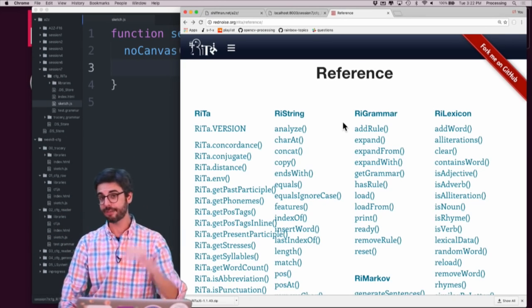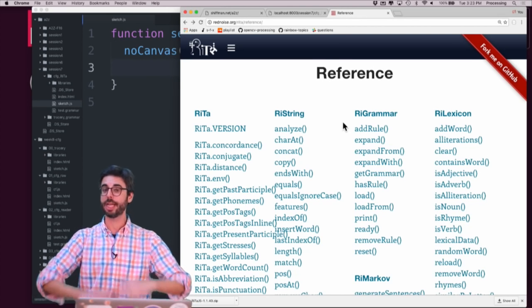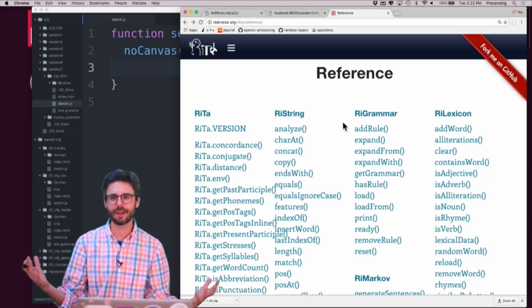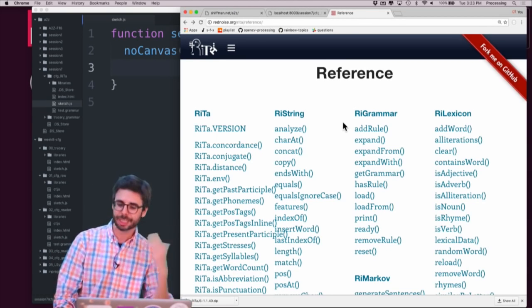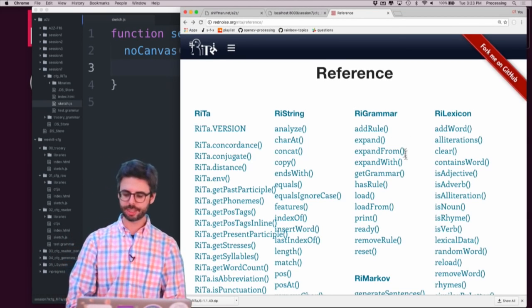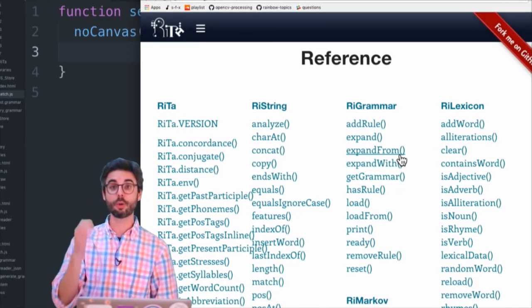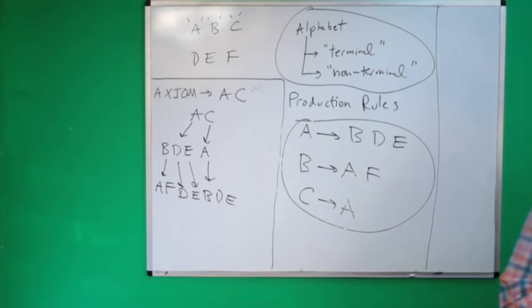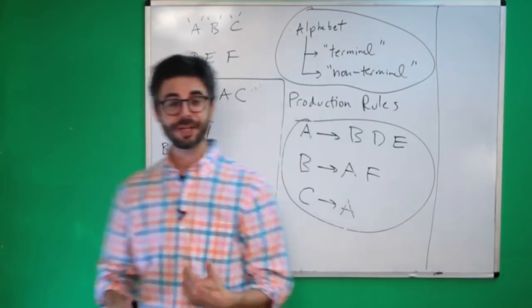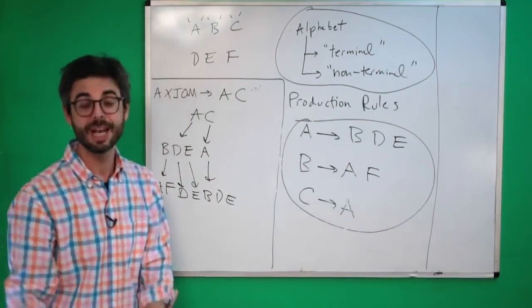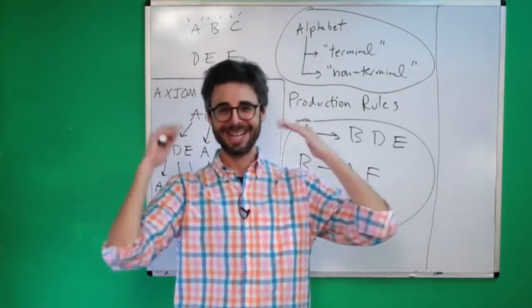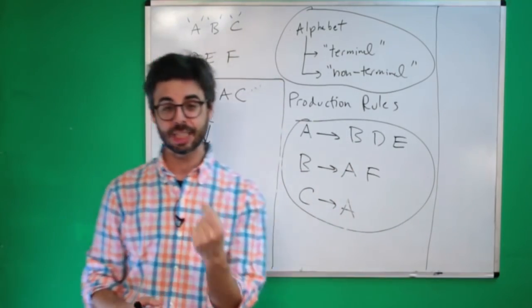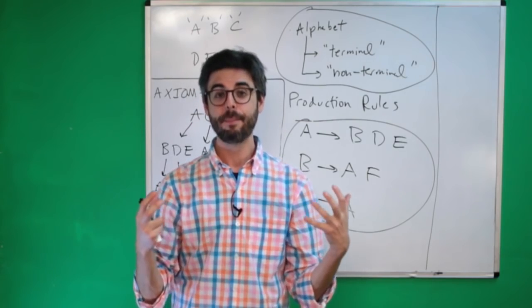Now, I introduced the RiTa library in a previous video, which you'll find linked in this description, which has a lot of features and functionality. But one thing I didn't explore in my previous video was using the RiTa grammar object. So if you are wondering what a context-free grammar is, I encourage you to double back a couple videos where I talk through the pieces. But just to remind you, a context-free grammar is a system for generating text based on